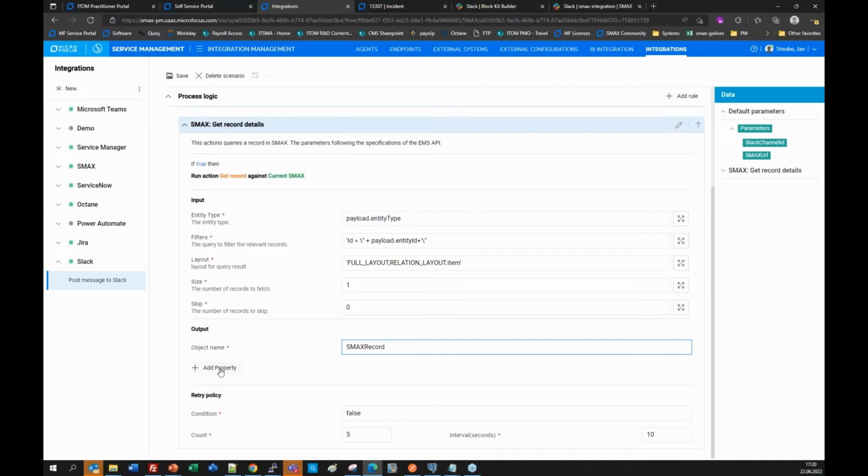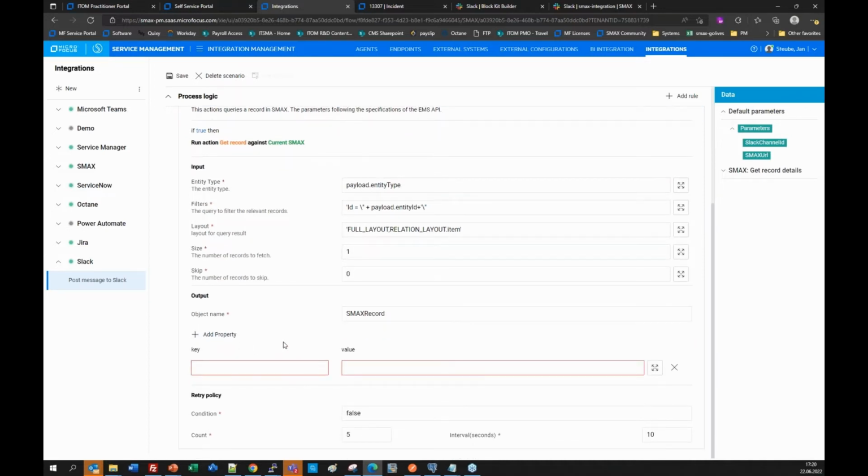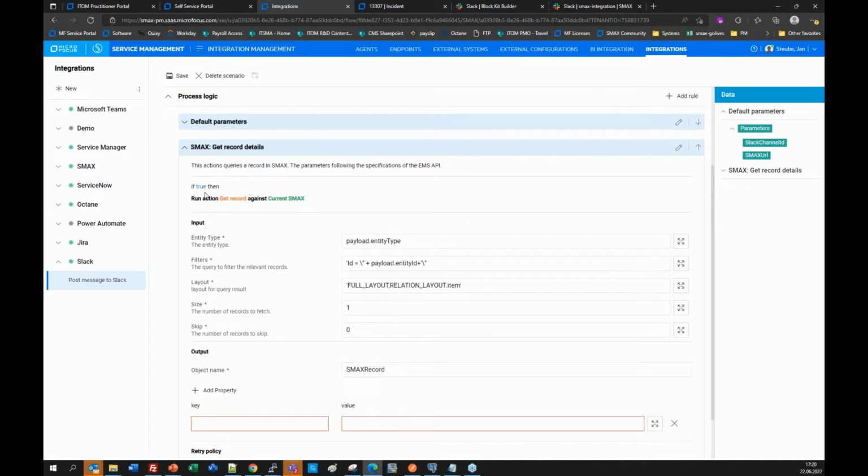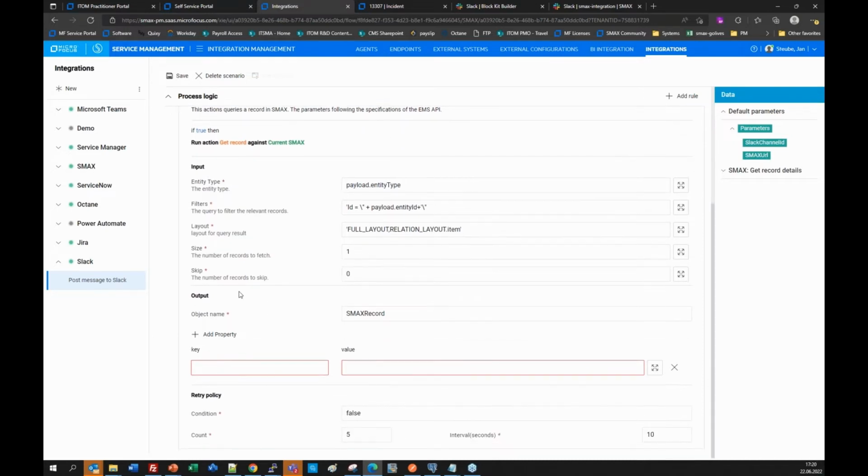And now the SMAX record is the umbrella, the object name, but we need to parse the SMAX response. So again, this action, the input, queries does a get request against SMAX. With the get request, we get a response, and we need now to parse the response to use the data we retrieved from this get request. Now, to do that, we can do following, and I explain in a moment what this means. I always put a key related properties, and then I use the JSON parser DSL. Response data includes the response from the GET request, and then I parse it according to the SMAX EMS payload. For example,